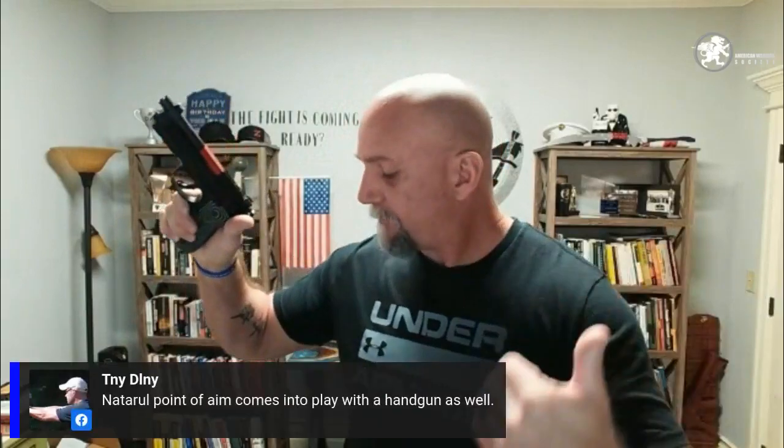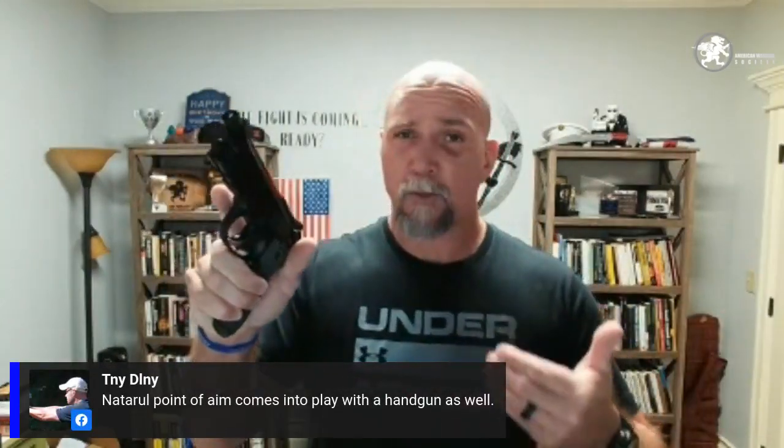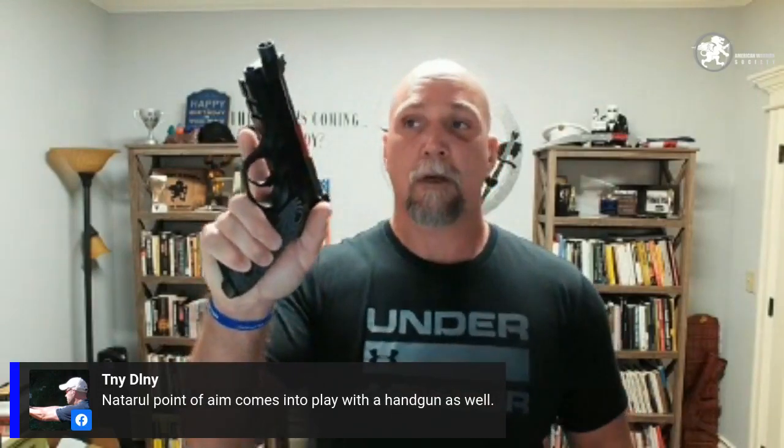So let me talk to you about grip mechanics first. And I have several guns here. I have an iron-sighted gun. I have an optic-sighted gun. I have several guns with different grip sizes. So we're going to talk about the grip mechanics, on for example, a Beretta like this versus a 1911 style system versus maybe a smaller grip, and then we'll go from there. Okay. So number one, the first step in